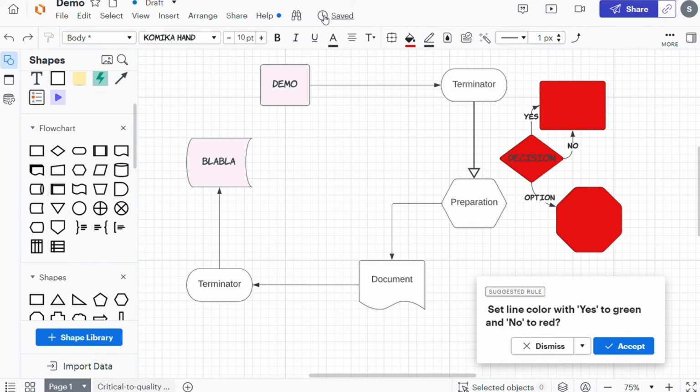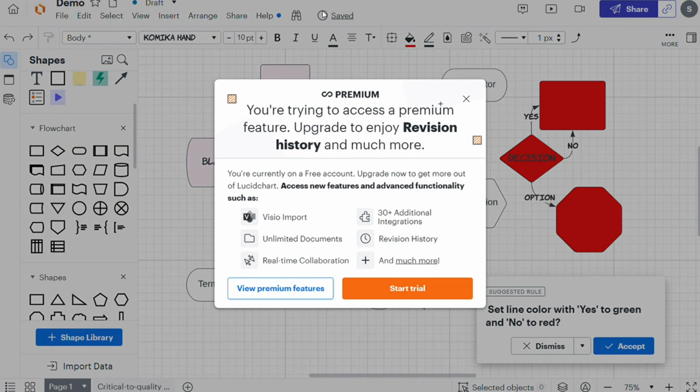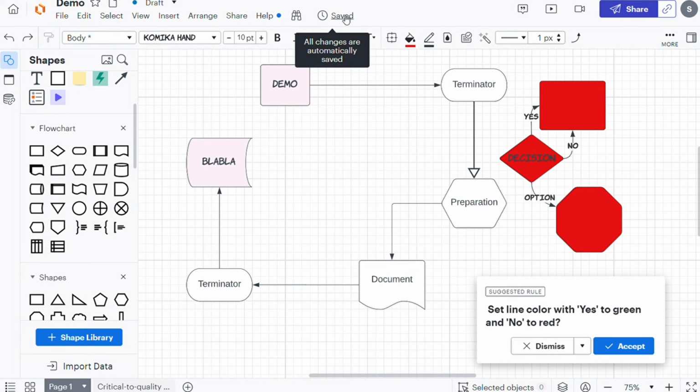The clock icon to access revision history. From here, you can see and restore old versions of your documents, and this is a premium feature. LucidChart automatically saves all of the changes you make to your documents and stores them in the cloud. So this word should automatically switch from saving to saved each time you edit your diagram